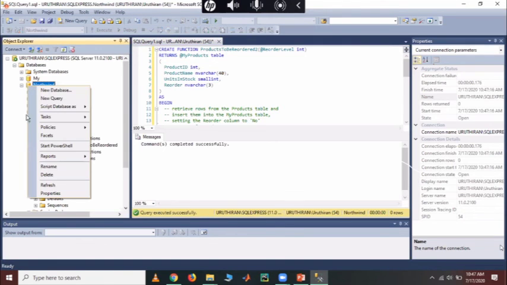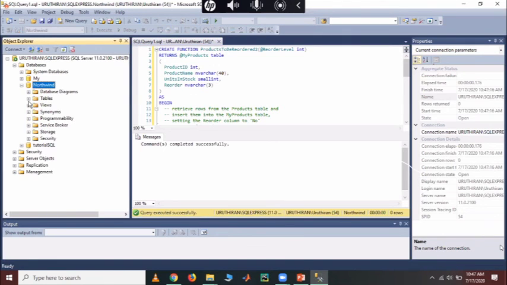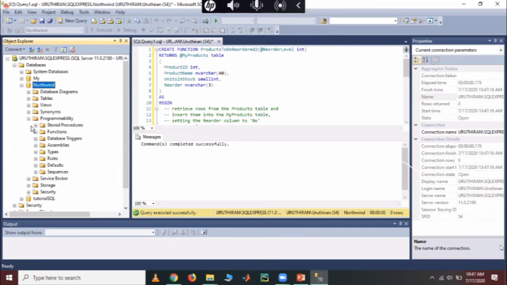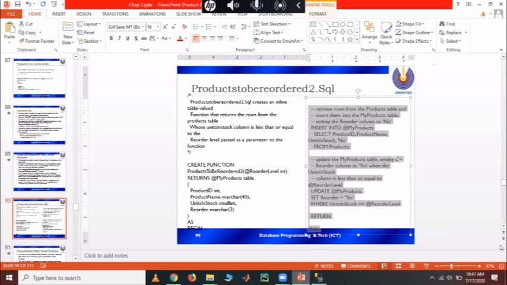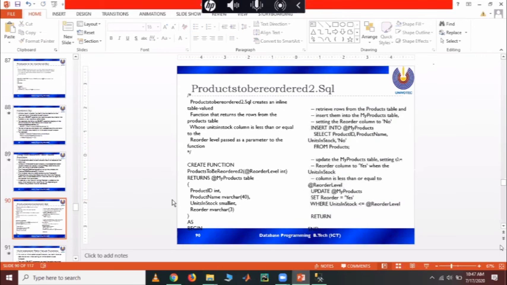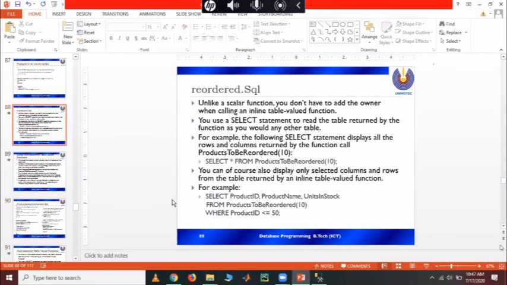It completed successfully. Now you can see, again I want to refresh. Okay, two are there. First, we want to call the first function and see what results you can get. Then second, you can check.